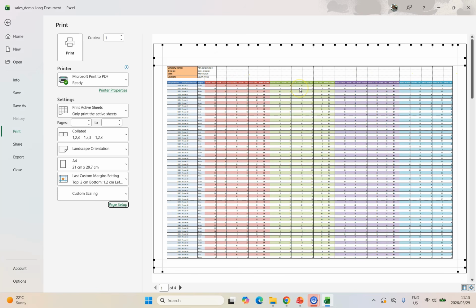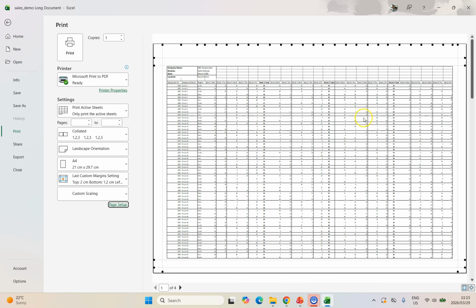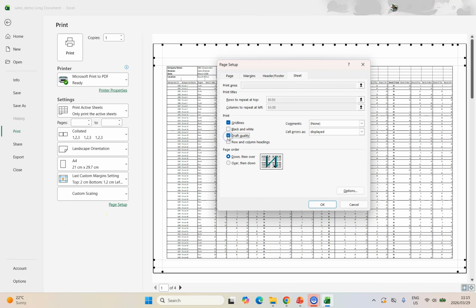So maybe you haven't put borders in, then you can say put in the grid line so you can see the borders of every cell. You won't see the ones that have been merged because that's one block by itself. You can also say if it's going to be black or white, and that'll change how the shading is done. I'm going to take that off. Draft quality just means it's going to print at a lower quality, so you can just see if it's printed